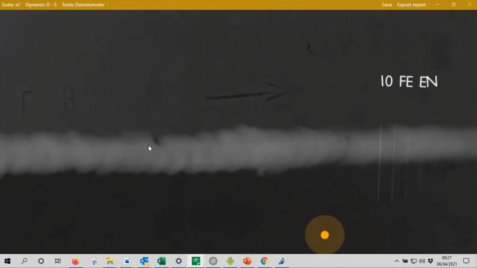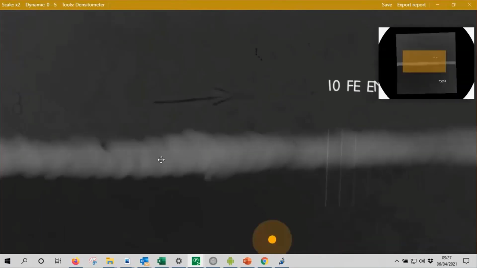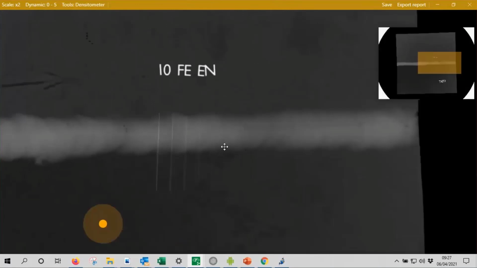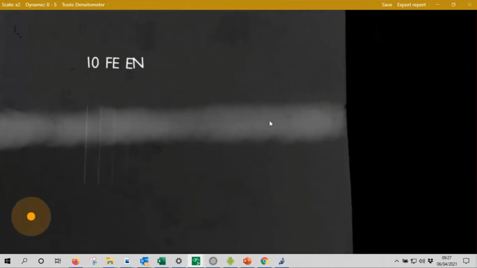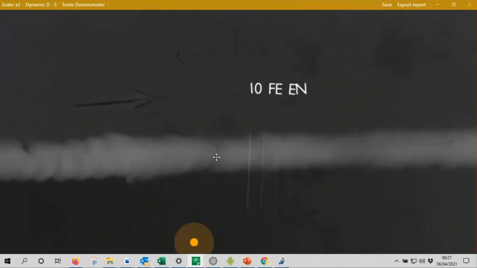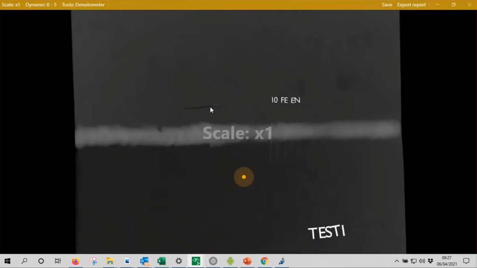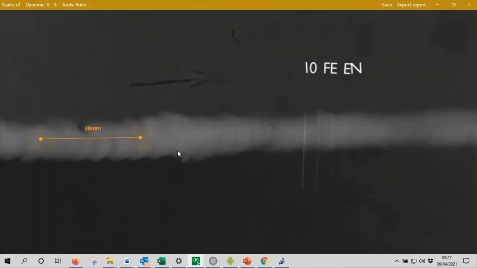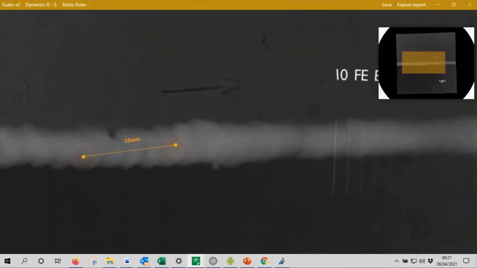I don't know if you see, the resolution with the WebEx is not that good, but you have a lack of penetration. I clearly see it on my screen, a lack of penetration, undercut here, the IQI, also the lack of penetration here, and also some porosities here, and also on the base metal. And you have also some tools to define a ruler to make a measurement of the lack of penetration, for example, or other measurements if you want.